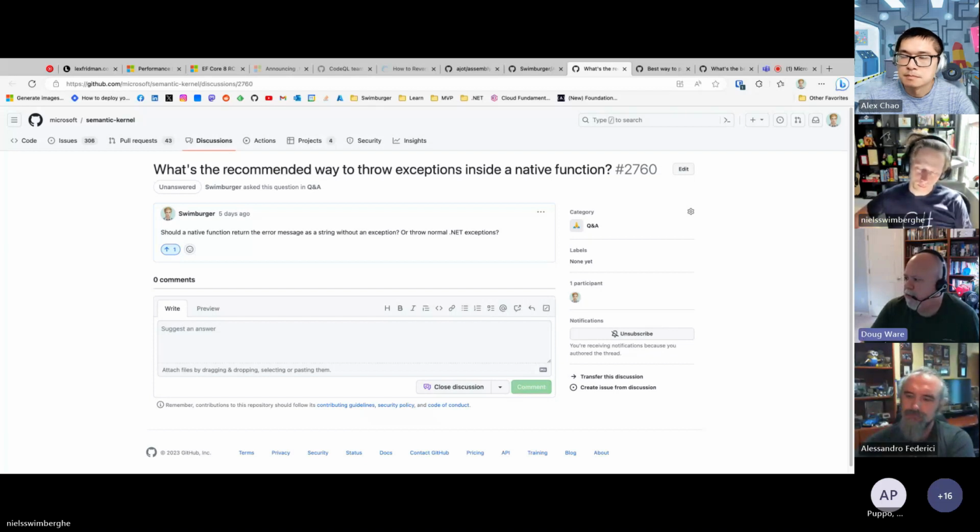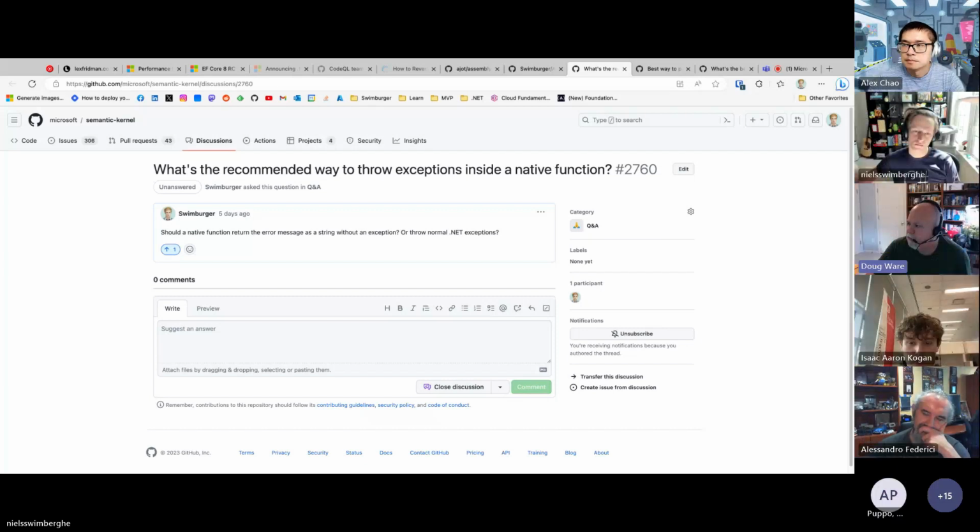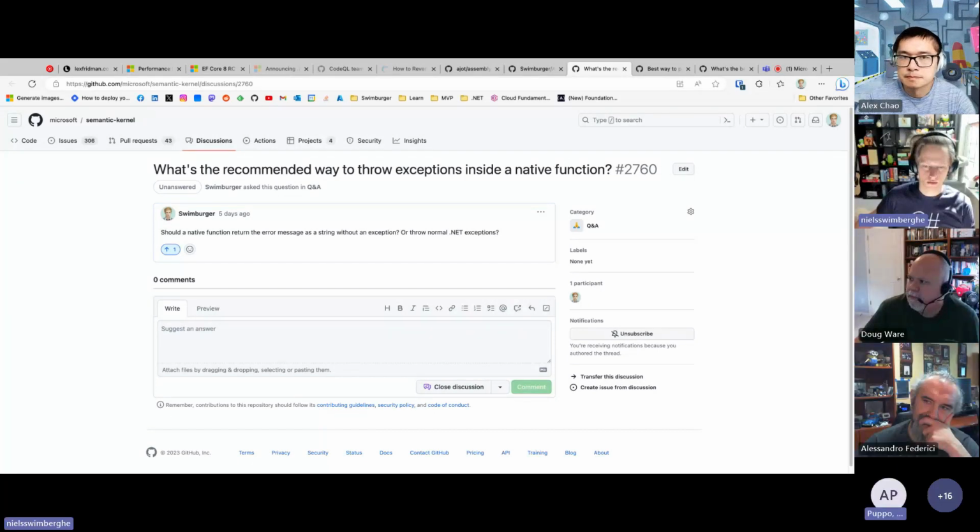No, it should be a real exception so that you can unambiguously identify what it was, but it shouldn't handle it. Or if it does handle it, it should still throw it. Yeah, I think there's a dedicated decision record for this. I'll try to find it and throw it in the chat because I think this was all discussed by the